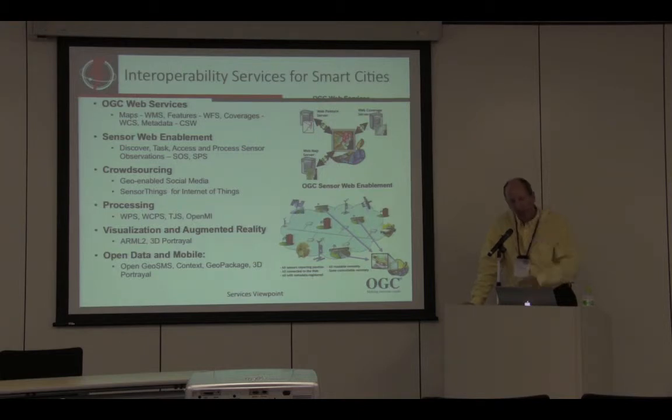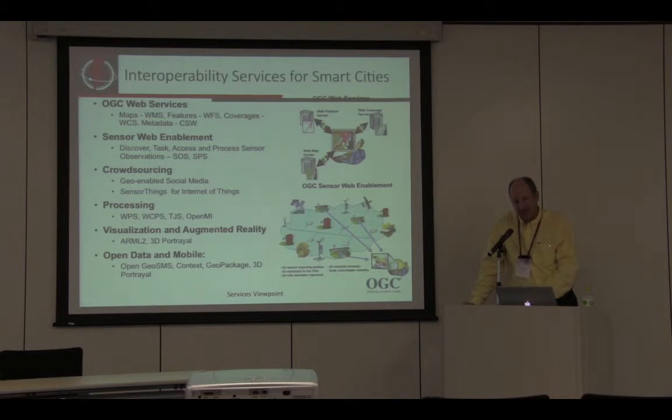Visualization, augmented reality, open data, and mobile are all different kinds of standards. Again, all needed, but sure, we're not going to walk up to the customers and say, you need to integrate GeoPackage with WCS. That's just not the way to go to them. But we need this with the people that are implementing software to work in a seamless fashion